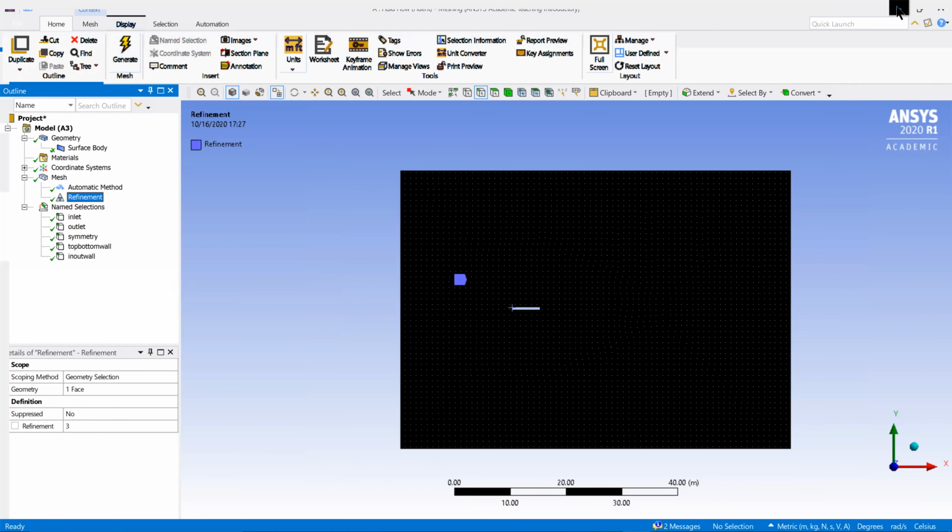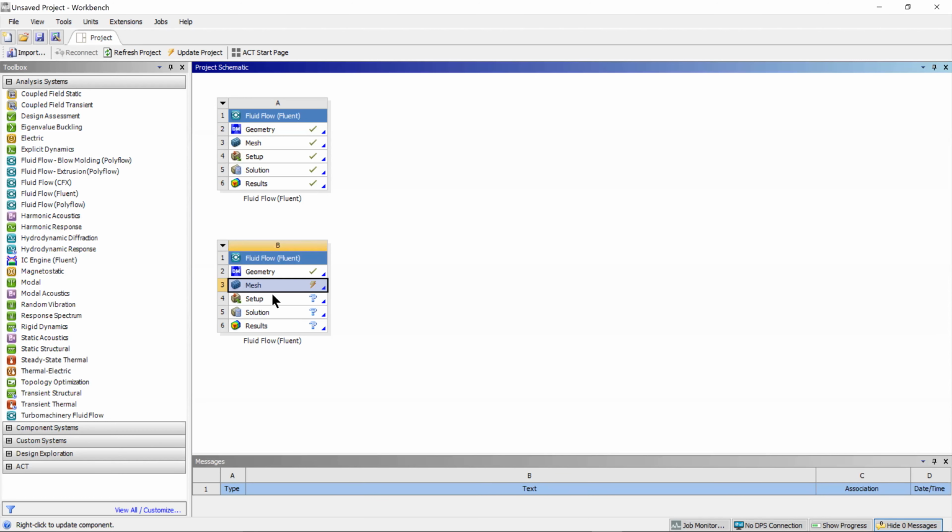And so now we're gonna switch to Workbench. And we're gonna right click mesh and then update. But right now we're gonna go to setup. So this is the same one, it's just finished. So to make it faster, we're gonna go to setup, which is our next step,